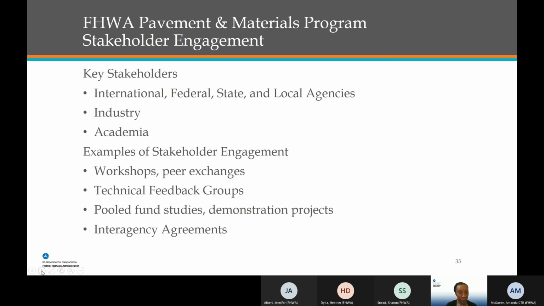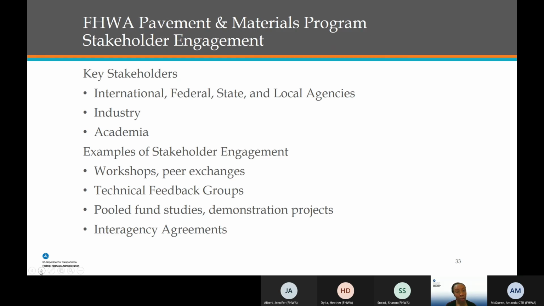All right, so again, we talked about the missions, the objectives, the folks at Federal Highway that are involved, and the funding, and this process for determining how funding is divided up. Key to all of that are our stakeholders, and I'm really proud to say that I think our program really puts our stakeholders first.